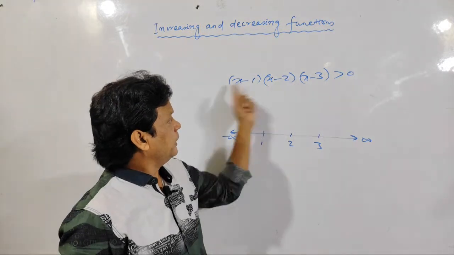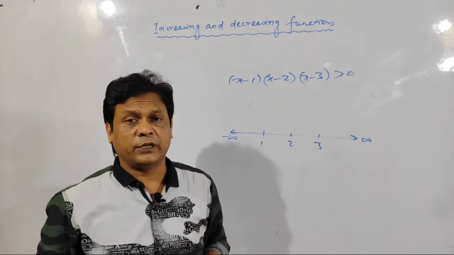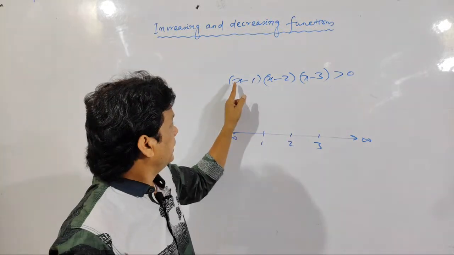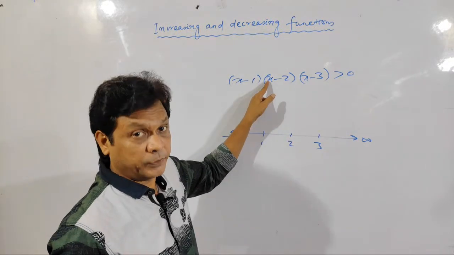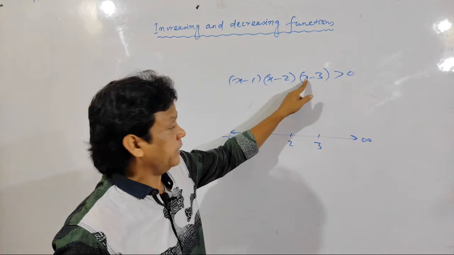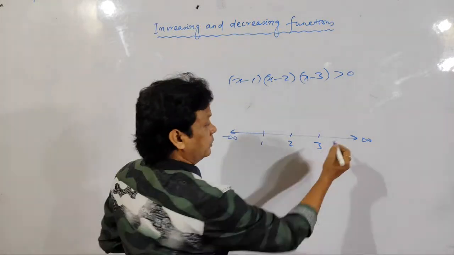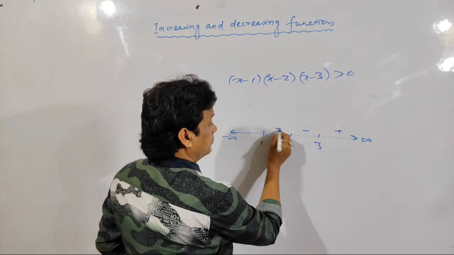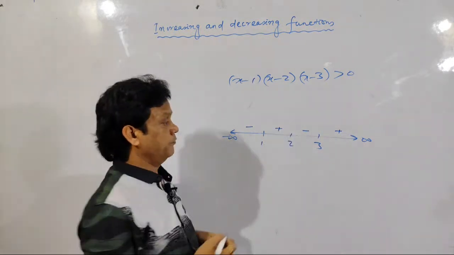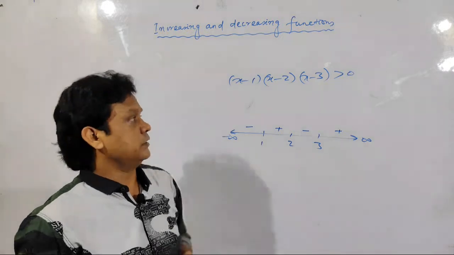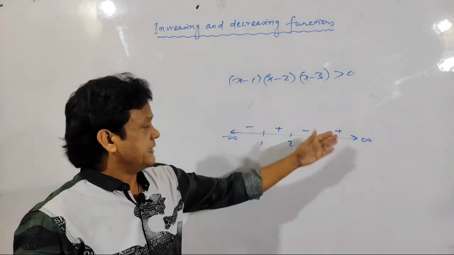And if you multiply, what will be the coefficient of x cube, whether it is positive or negative? Simply x into x, it is x square, that means plus x square. Then plus x square into x, it is plus x cube. That means the sign of x cube is positive. So positive, negative, positive, negative. Let's check whether the signs are correct or not.